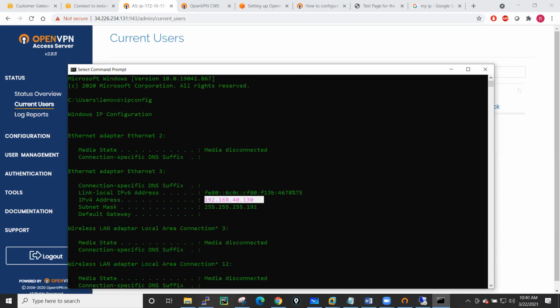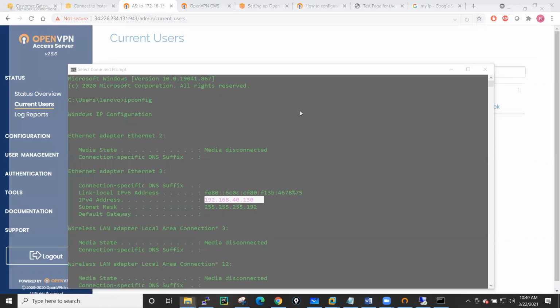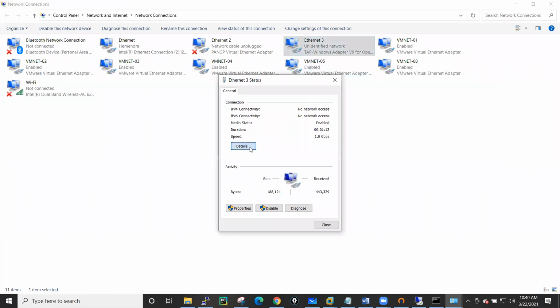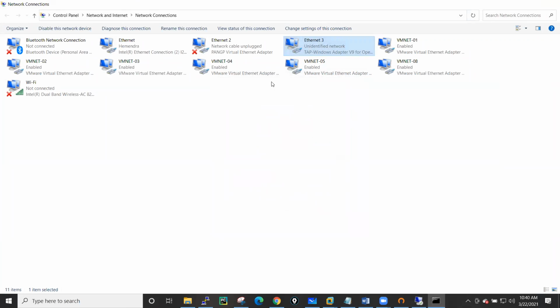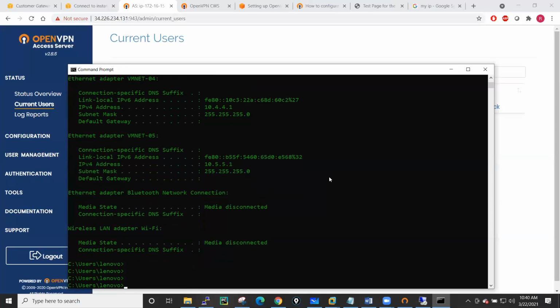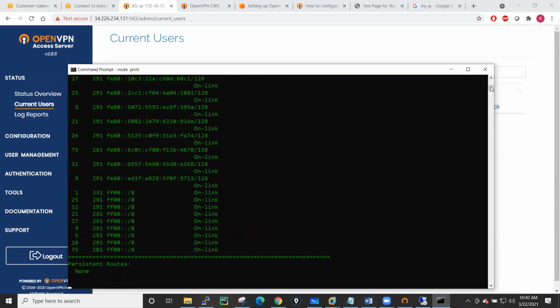192.168.40.130. You can also check these things by going here, ncpa.cpl. See, this is the IP address now. So this is the way how we can modify the pool. Okay. And if you run this route print command right now,